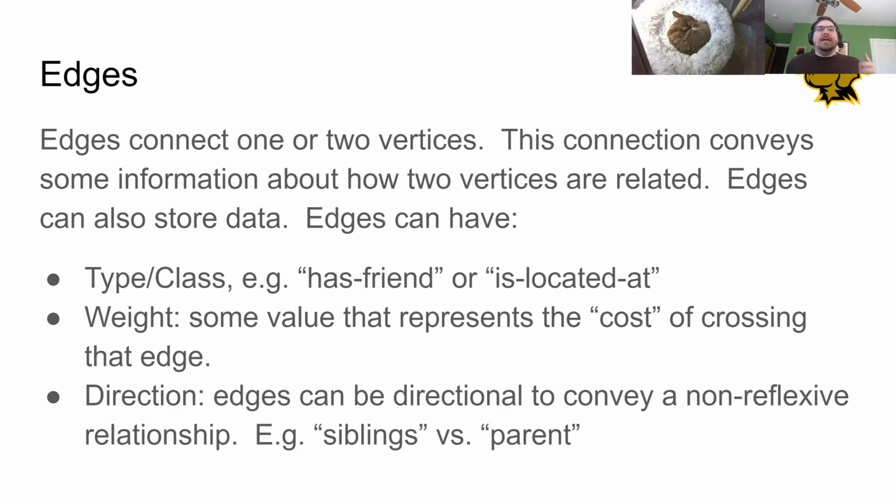And so if they're directional, that usually represents a non-reflexive relationship, meaning it doesn't go both ways, right? So your parents are your parents, so they would say has child and you'd be there, and then you'd have has parent, but that doesn't go both ways. Whereas siblings is reflexive. You and your brother or sister are both siblings of each other, so you would either